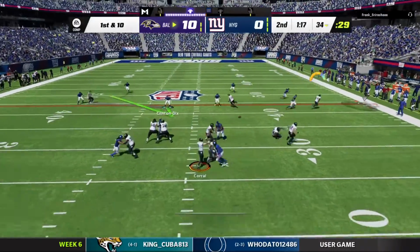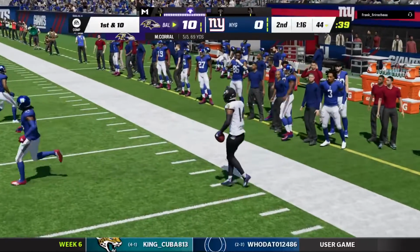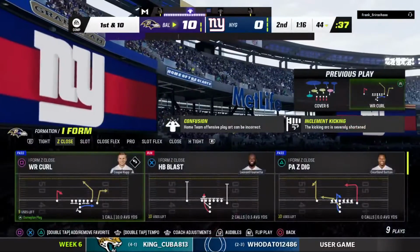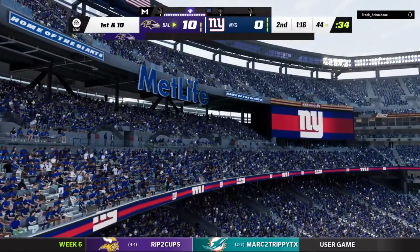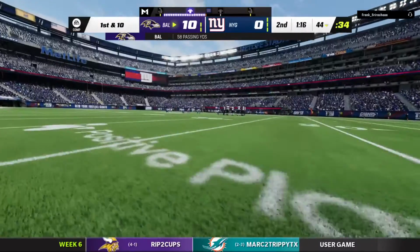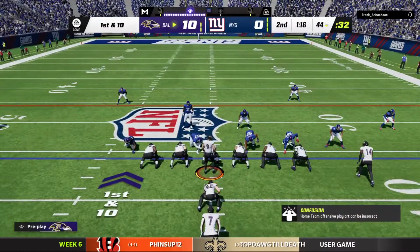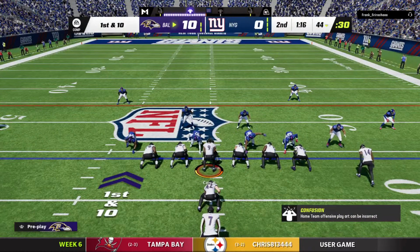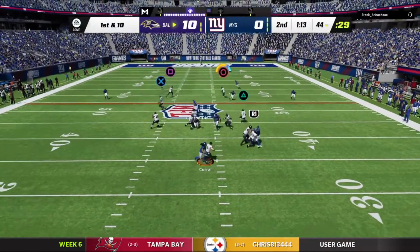Corral with it, 1st down here. Toward the sideline, and look at that catch. Dragging the toes, and that's going to be a 1st down. Well done. A gain of 10 as they look to add on to this 10-point lead. Charles, to move the chains that time, they had to complete it into double coverage, and they got it done. And it's never easy overcoming multiple defenders, but he sure made it look simple. Found the right spot to...